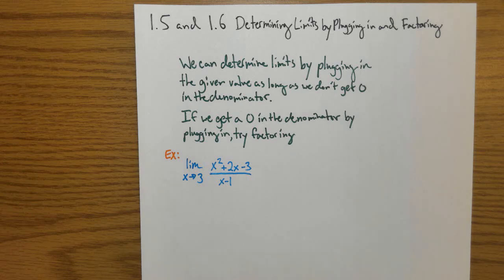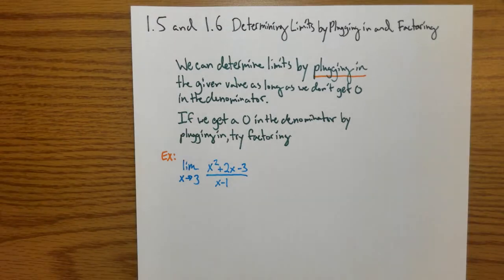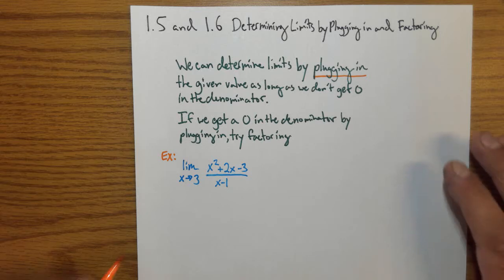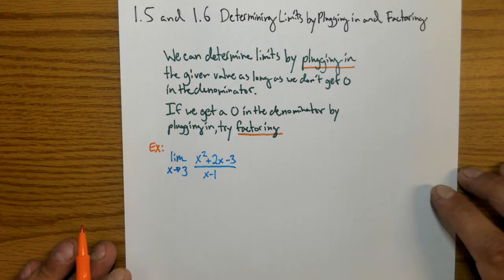Hello class, today we're going to be on 1.5 and 1.6, determining limits by plugging in and factoring. So when we are determining limits algebraically, there are quite a few methods that we'll need to know in order to find limits, but these are the two main methods, and the easier methods, to be honest. So we can determine limits by plugging in the given value as long as we don't get 0 in the denominator. However, if we do get a 0 in the denominator by plugging in, try factoring. So let's go over these two more basic